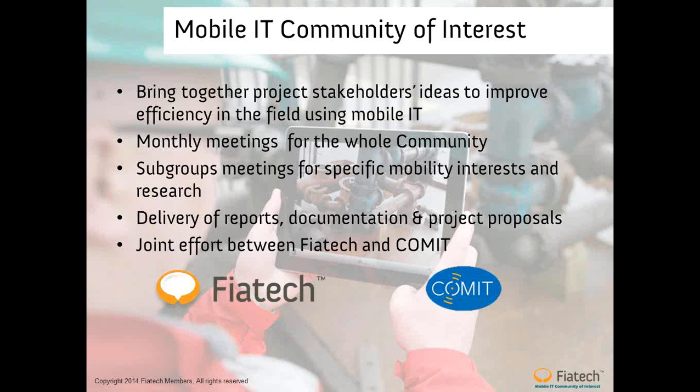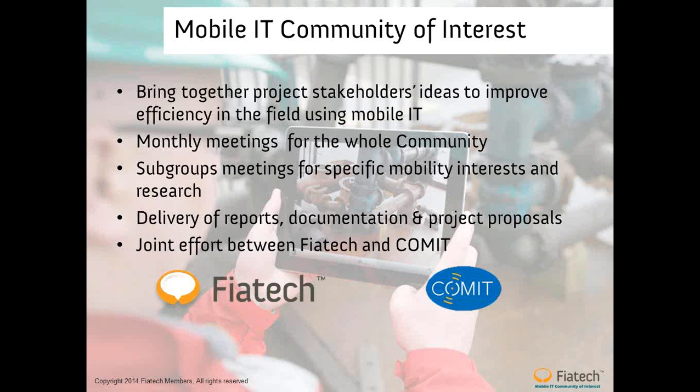As such, the objective of the community is to bring together project stakeholders, their ideas, and improve efficiency in the field using mobile IT, and share that knowledge to implement those ideas across the industry. Participants in the community will get together in 2 ways. Firstly, through monthly meetings such as this one, where all the participants come together to learn about specific applications in use. And second, participants get together through the subgroup meetings, which focus on specific topics of interest to the community and in which participants may carry out work inside their organisations to advance the knowledge on implementation of mobile systems.